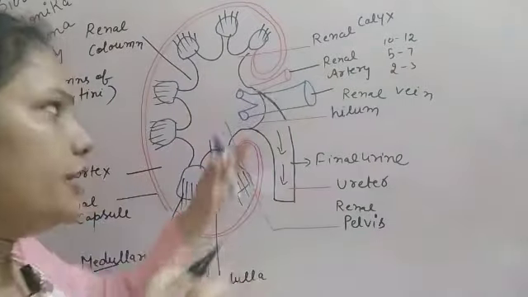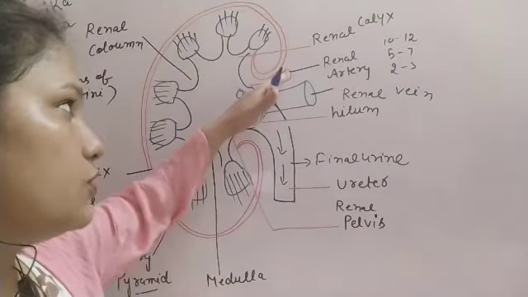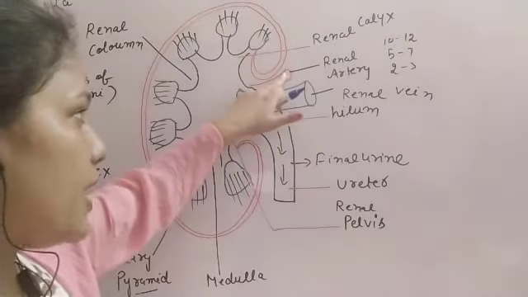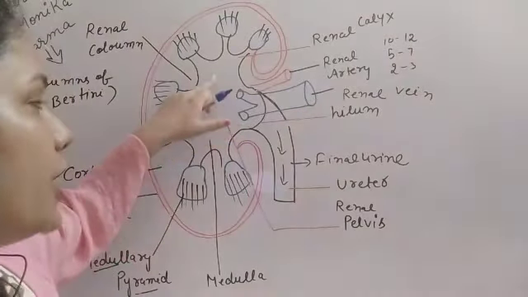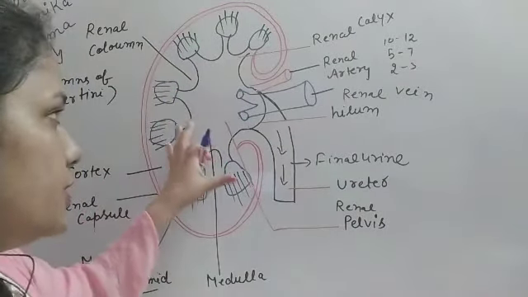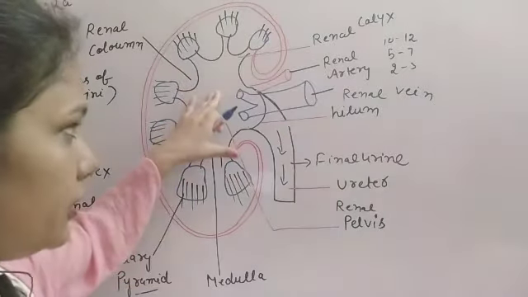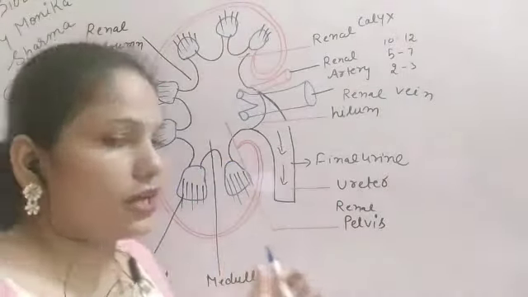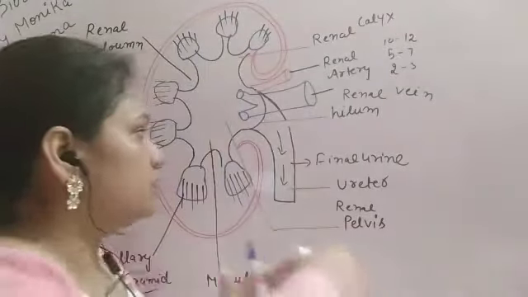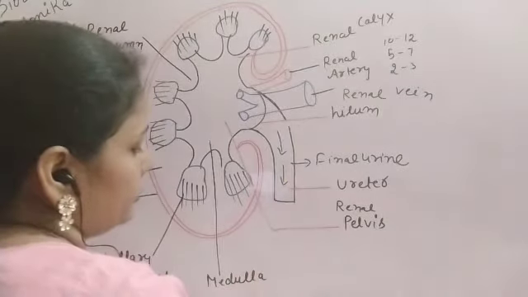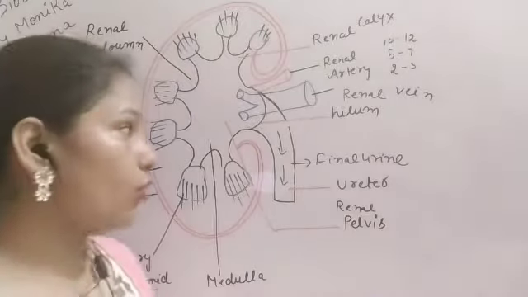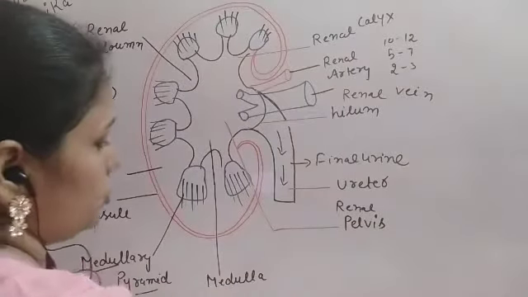Renal artery carries the waste, because it only has the oxygen, but waste is present in the renal artery, so it supplies the blood to the kidney, and in the kidney the filtration takes place. The filtration of the blood takes place, and finally the urine is collected in the ureters, and then it is collected in the urinary bladder, and finally it is removed from our body. So that is the longitudinal section of kidney.